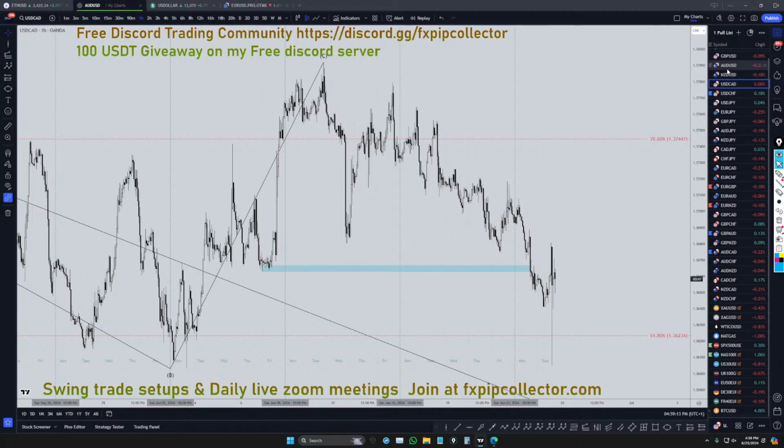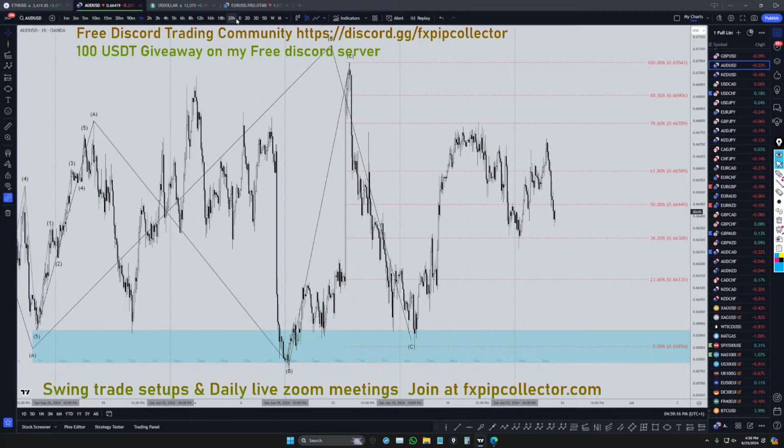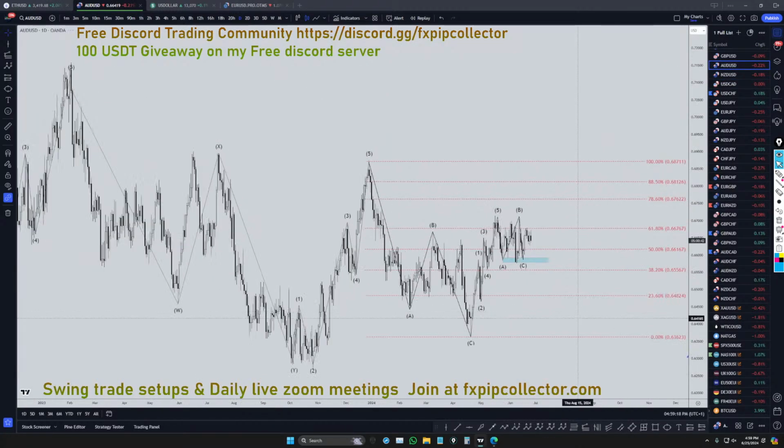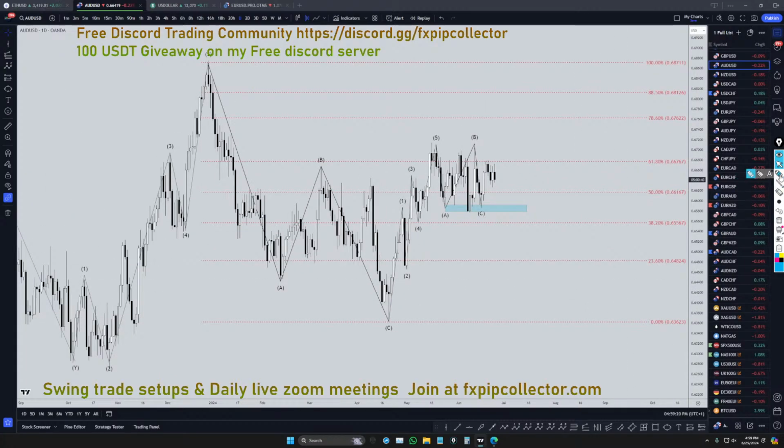Yeah, let's check out the Aussie dollar. The Aussie dollar is extremely strong compared to most of the other dollar pairs. So the thing with the Aussie dollar is that